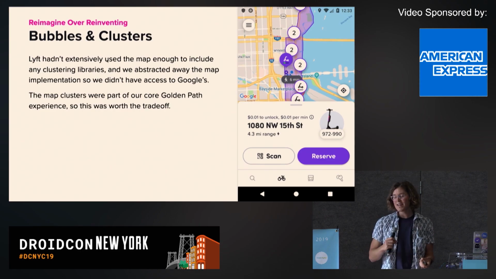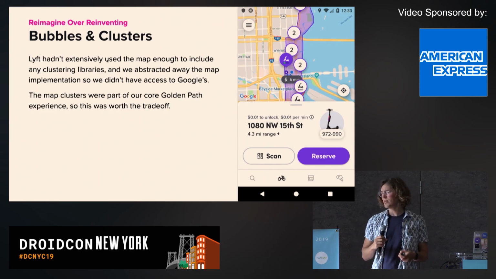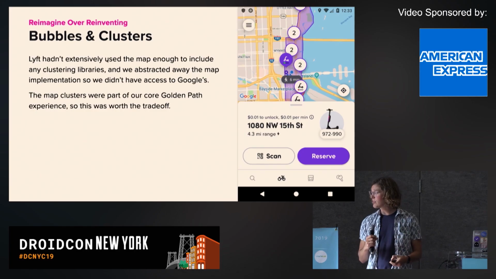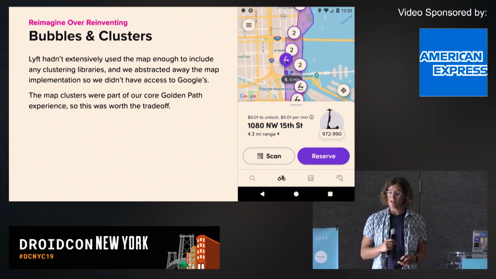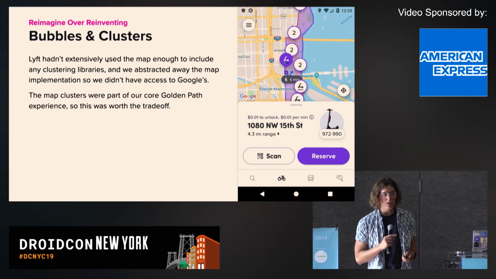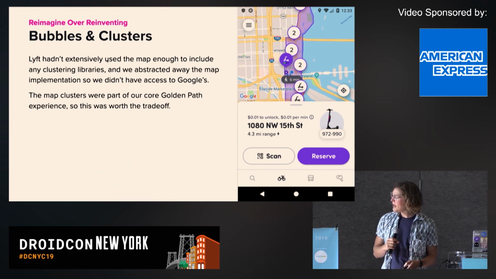So we've been a map-first company for a long while, but we never really made a ton of use of the map. We never really interacted with it a lot. And so when our golden path came in and all those mocks came in and there was a lot of interaction with the UI, it really was kind of worrying. It was a lot of work, and we knew this was going to have to be dealt with. But we couldn't really avoid it, and we also didn't have access to the deep layers of the Android Maps API that other apps working natively with it would.